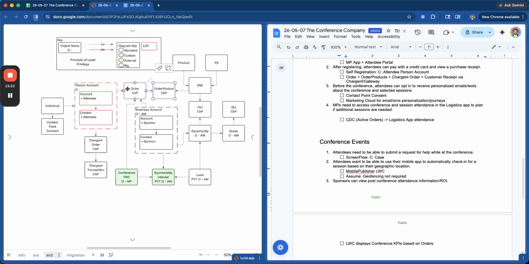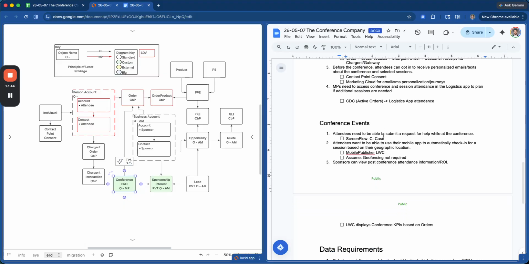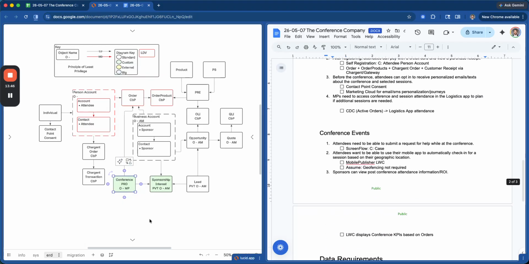And based on the order products and the combination of that order and the lookup to the conference, they'll be able to determine the actual number of attendees that are attending the conference, and also that will be handled in the logistics app too for the MP to be able to then determine whether or not they want to plan additional sessions. So we'll just be syncing data for the attendance to the logistics app.